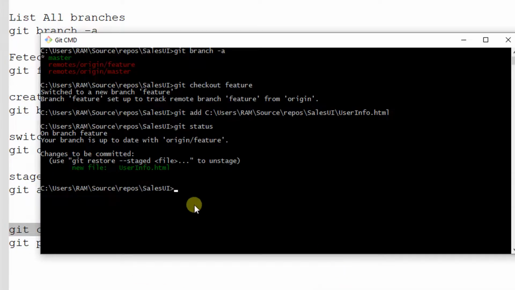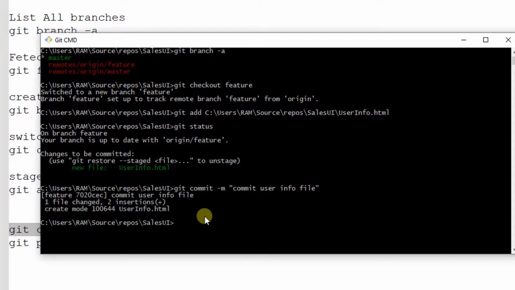Then we need to provide a comment for our commit so that we can identify why we have made this commit. So just specify the commit message in double quotes. I'm going to specify commit user info file and just click on enter. It is saying the file is committed now.